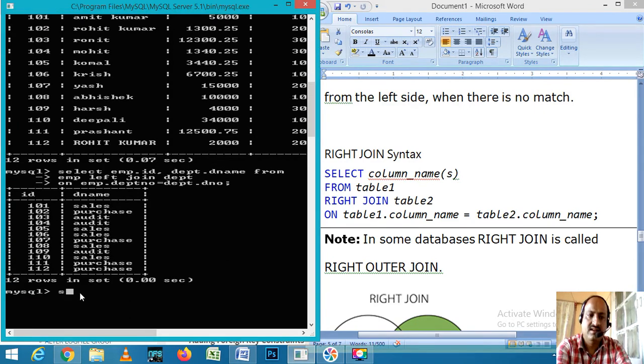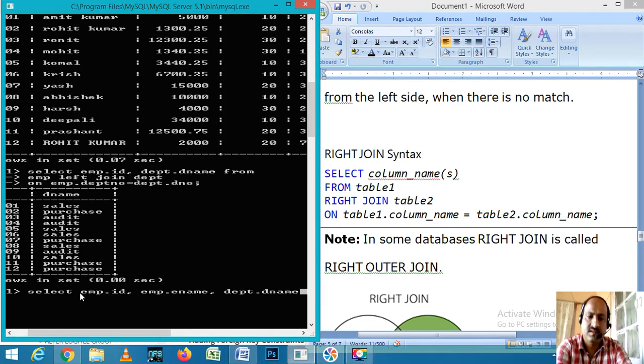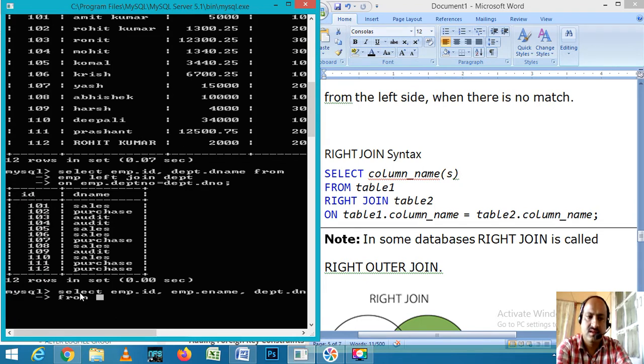Now how can you check? Select emp.id, emp.ename, dept.dname from emp right join dept on the basis of emp dot dept number equals to dept dot d number.